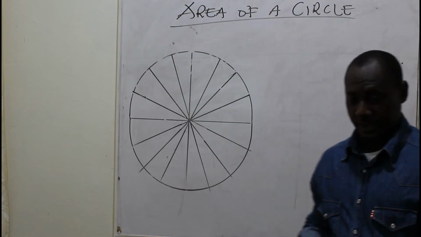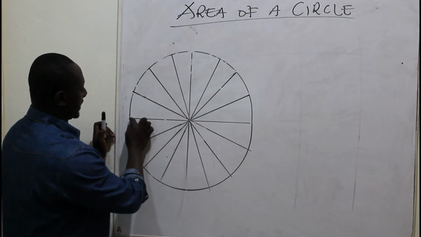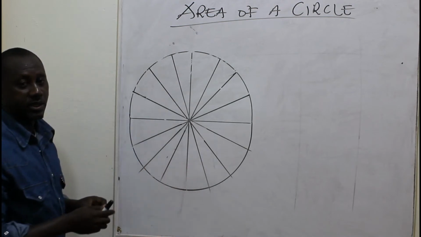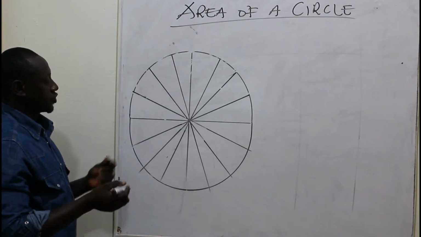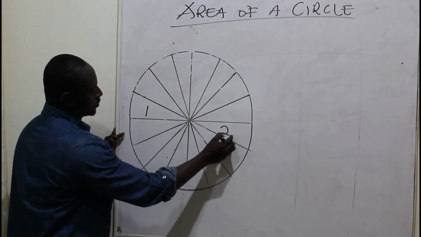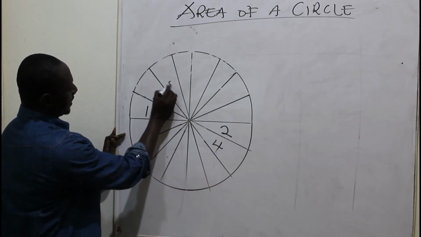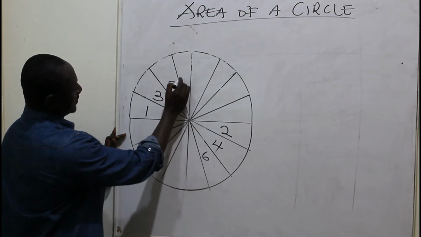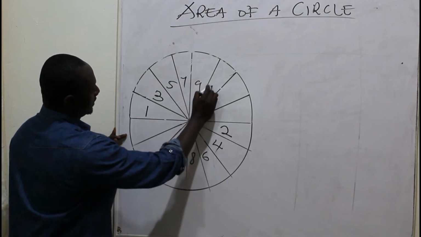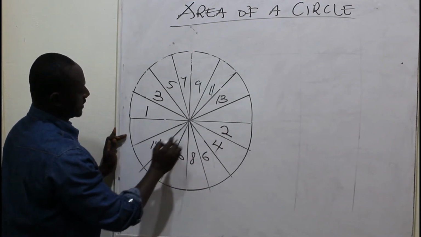When you are done, other books will tell you you can shade one part. So you see that this is a semicircle. So I can shade this part and then leave this one unshaded. Or we can do some numbering. So look at it. If I number here as 1, I will number this one as 2. Then this one becomes 3. This one becomes 4. This one becomes 5. This one becomes 6. This one becomes 7. This one becomes 8, 9, 10, 11, 12, 13, 14, 15,